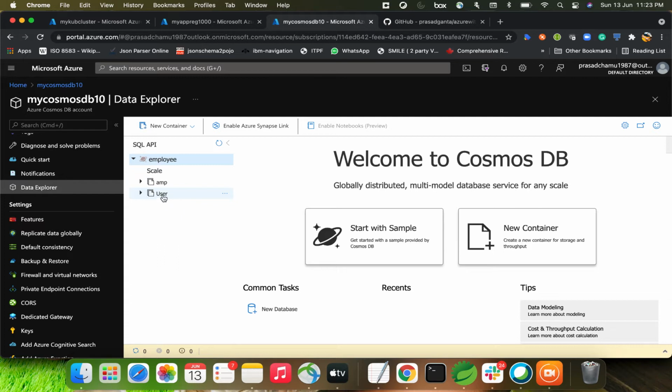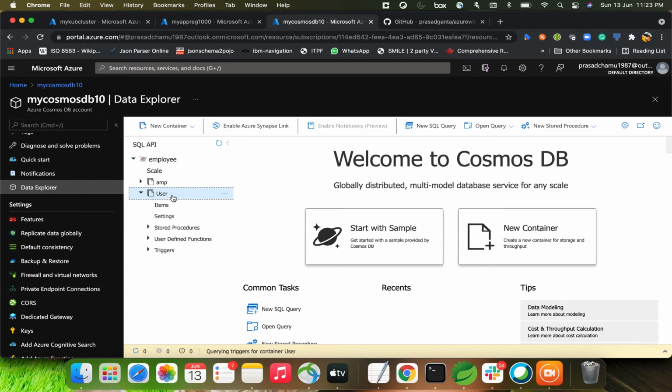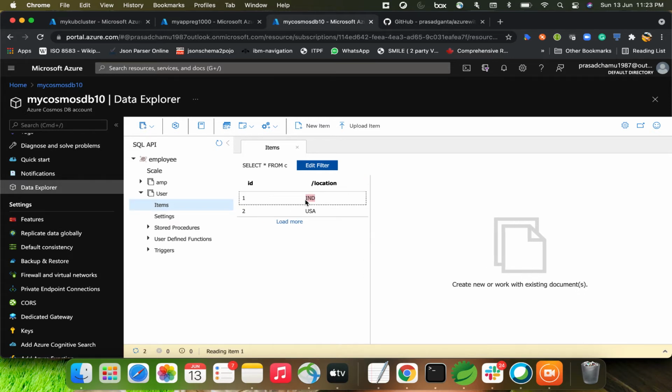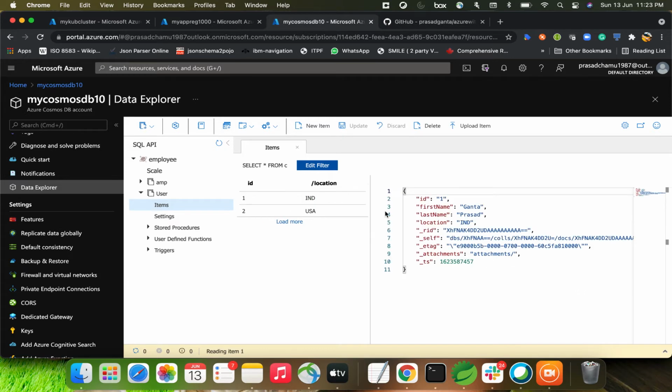But in this application, I'll be picking up the user document as my example. Under that, I just have two documents here. If you double click, you can see ID, first name, last name, location, and